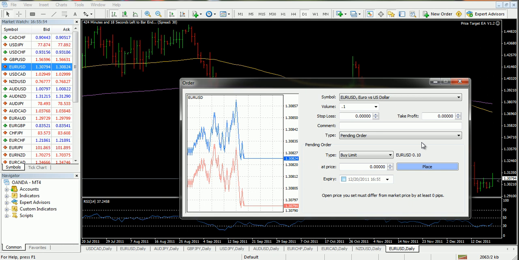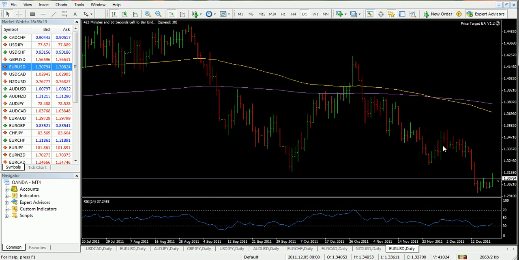Now, for instance, let's say you want to do a sell limit. Where would you do a sell limit? So you would do sell limit, you would enter the price that you would want it at, and then you would also put your stop loss and your take profit. So I'm not going to put this right now, but let's say, for instance, when would you use a sell limit? So, for instance, here,